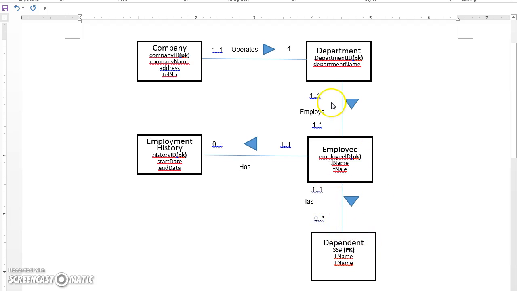So this is how we read the ER model. The company operates four departments. Each department is operated by one and only one company. Okay, this is how we read it. Just be careful. Now, based on this, if we want to convert it into a relational model, according to the website